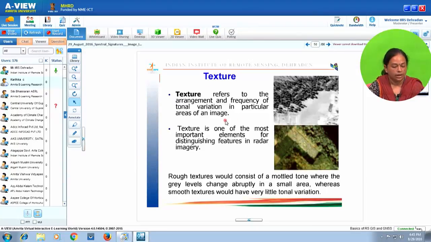The next important element is texture, and this refers to the arrangement and frequency of tonal variation in particular areas of the image. Basically meaning, how soon does tone change in the image. So, if you look at this area, tone does not change very frequently and we see a single tone, and visually the texture appears to be smooth